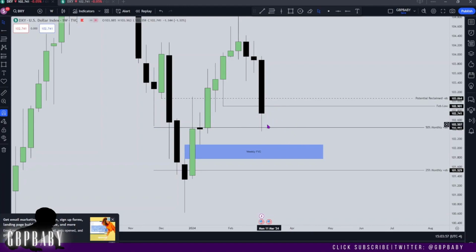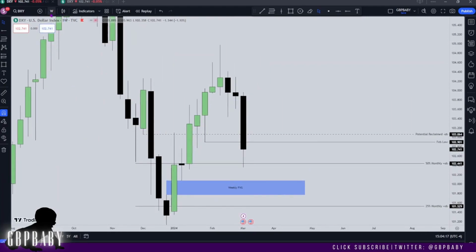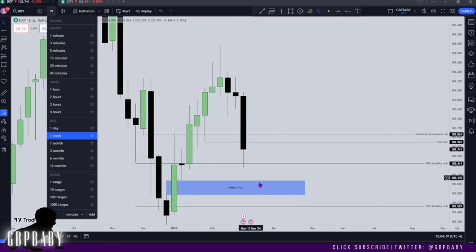But again, with CPI, PPI and things like that, you know, the week can deliver in very messy ways, and we need to take that into consideration. But at least now that we've had clear displacement to the downside and a break in market structure, once we close below this low, that's a break, we can start looking for shorting opportunities on dollar and longs on the pairs. So let's go down to the daily now,